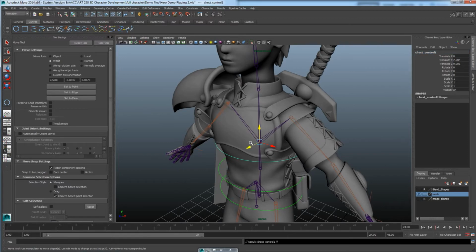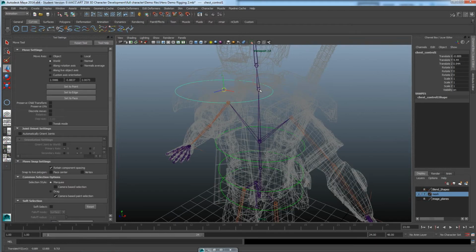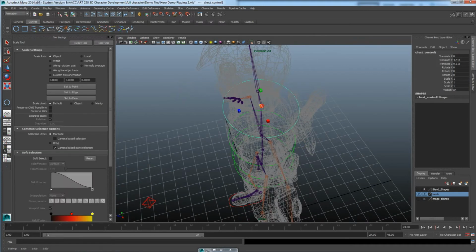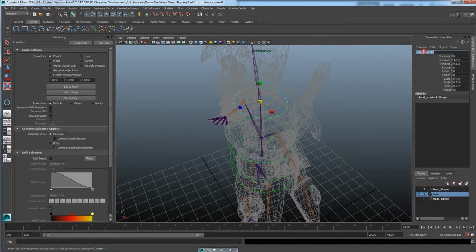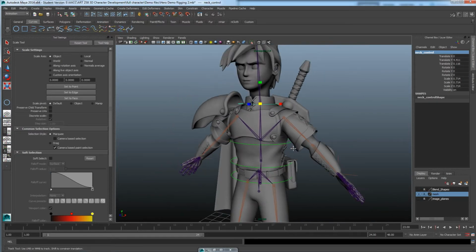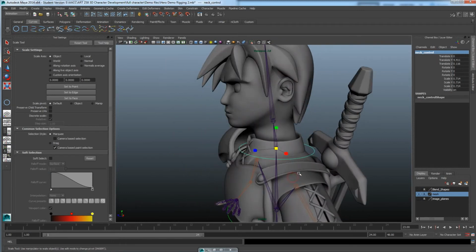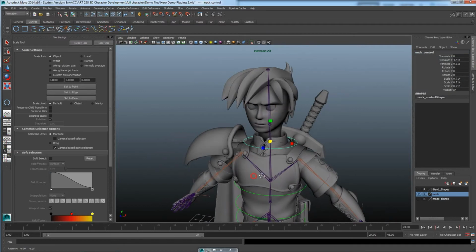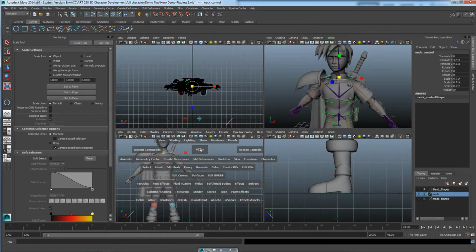Control D to duplicate, hold the V key, V-snap it, turn off mesh to template mode, move that out of the way, and click it again. And let's scale this down. This will be his neck control. Alright, so neck control, chest, back, hips, and let's do one more for the head while we're here. I could rotate it in place, or I could just draw a new one in the front view. So let's pop that out, go to front view,